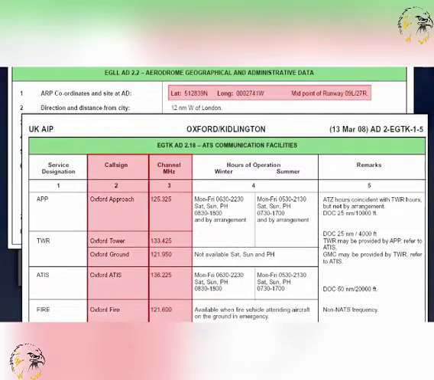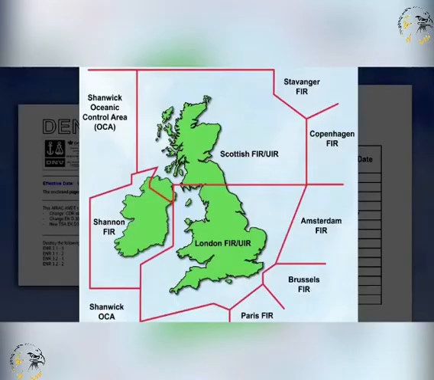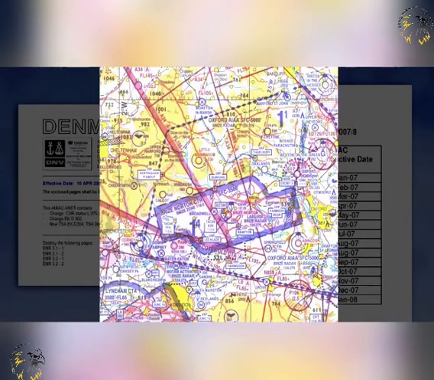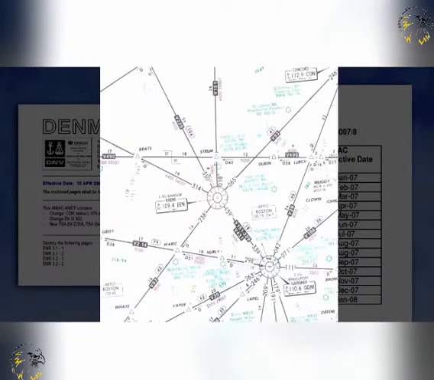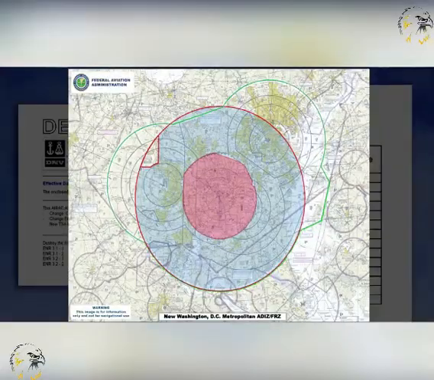frequencies, call signs, and maintenance periods of radio navigation aids and communications facilities, limits, regulations and procedures applicable to flight information regions, control areas, control zones, advisory areas, air traffic service routes, permanent danger, prohibited and restricted areas, and air defence interception zones, permanent areas or routes where the possibility of interception exists.